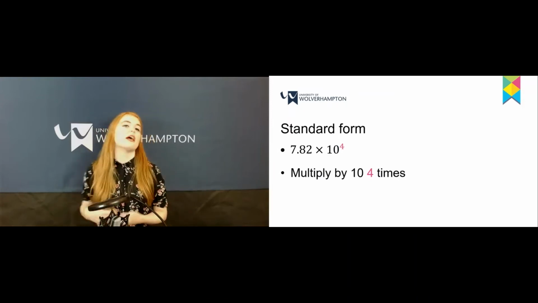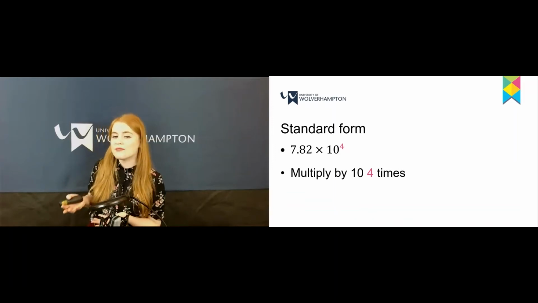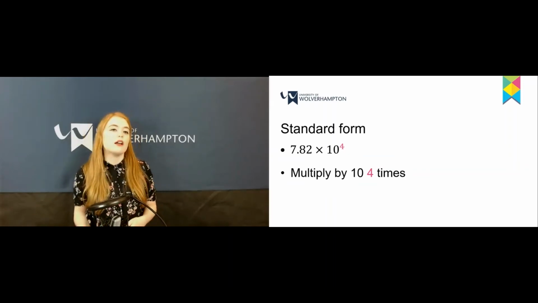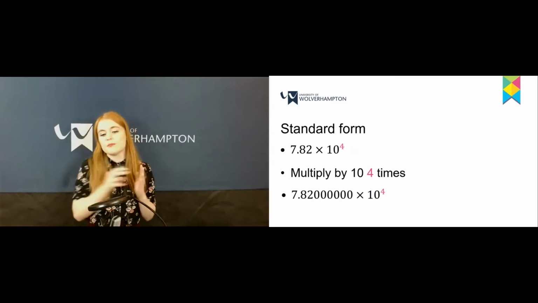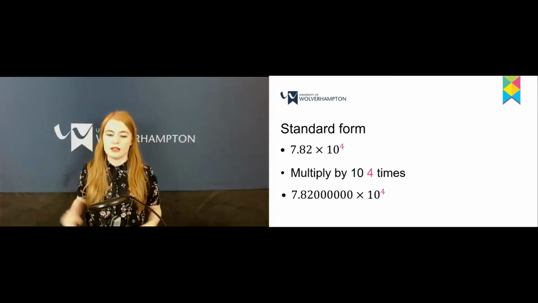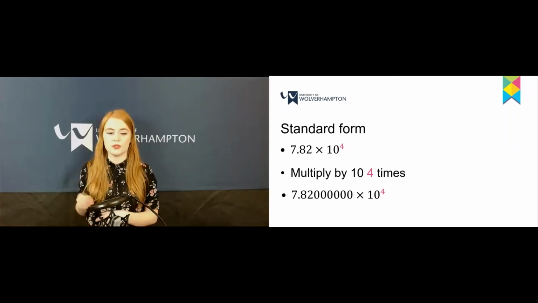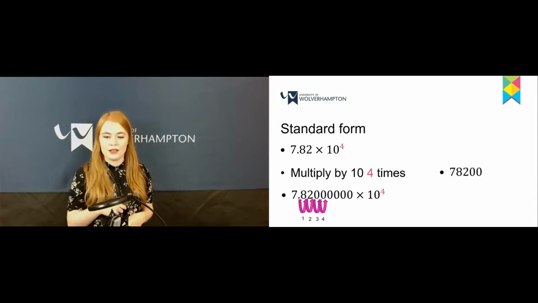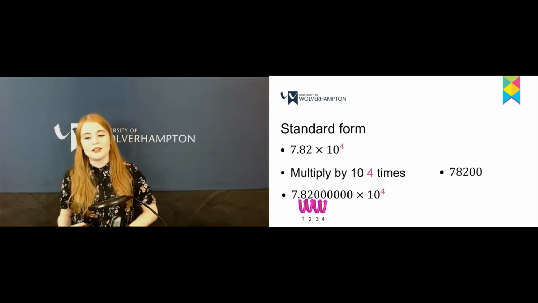So for example, if we had 7.82 times 10 to the 4, it means the actual number we're after is 7.82 multiplied by 10 4 times. So I like to draw it out by jumping with the decimal point. So let's put loads of zeros after, because as we know, if we have loads of zeros after a decimal point, it doesn't matter. And let's move that decimal point to the right 4 times to signify that we're multiplying by 10 4 times. So 1 jump, 2 jump, 3 jump, 4 jump. Our decimal point ends up after the end of that 0. So 7.82 times 10 to the 4 is